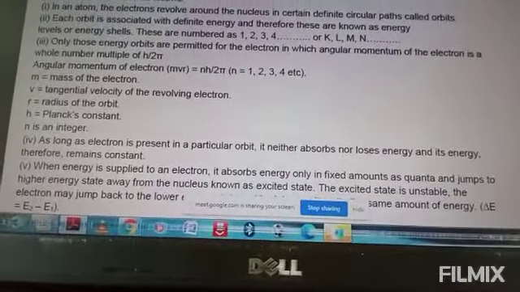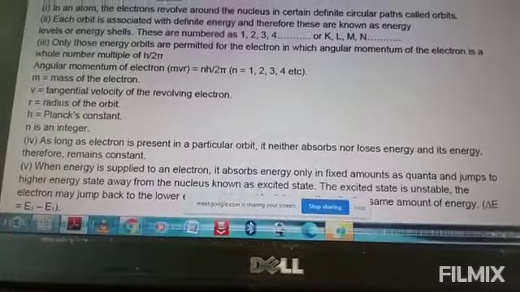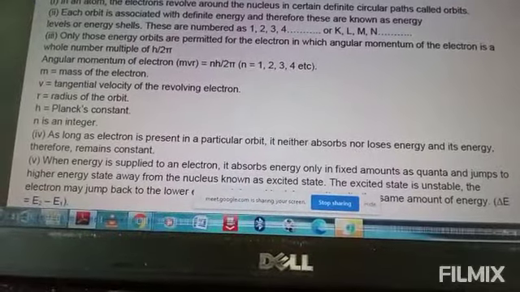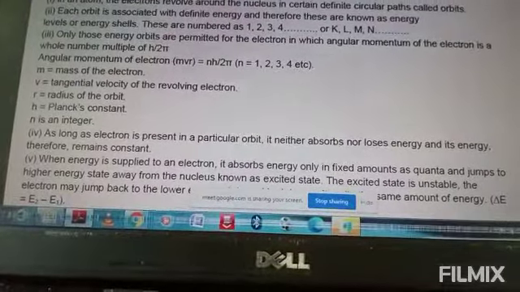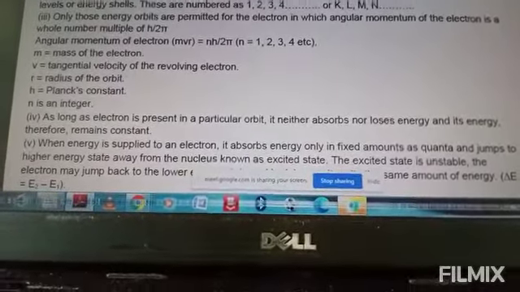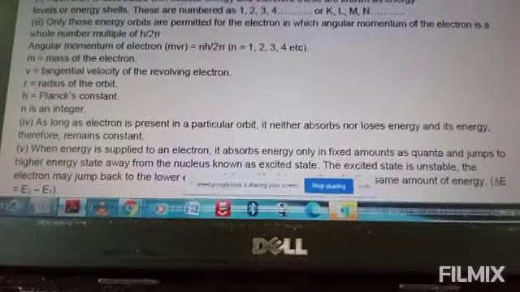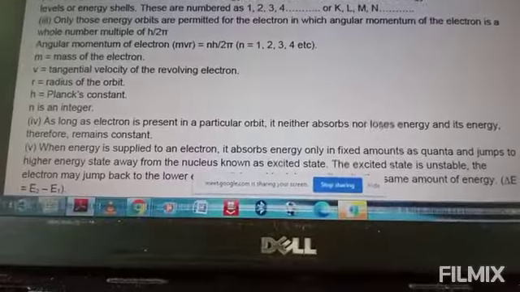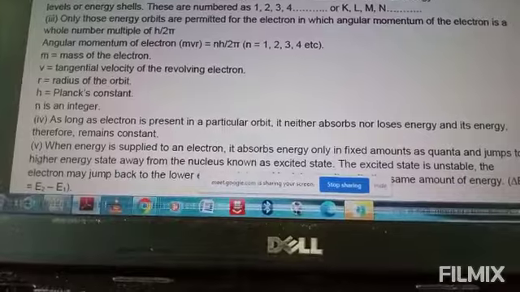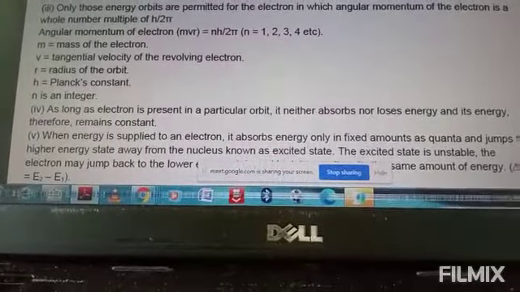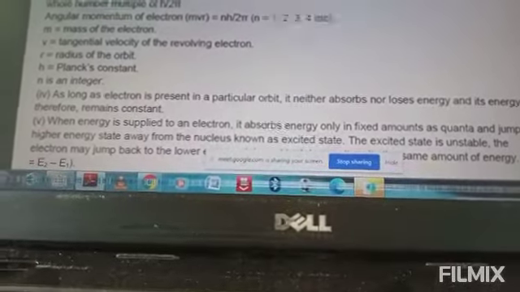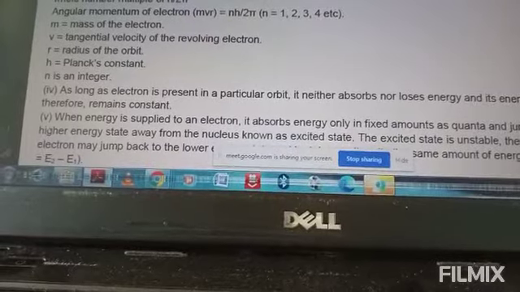The value of l goes from 0 to n minus 1, and the value of m, the magnetic quantum number, is from minus l to plus l including 0. For s, we have clockwise and anti-clockwise directions. Clockwise direction is represented by s equal to plus half, and anti-clockwise direction is represented by s equal to minus half, which we have done up to that. After that, we tried to find Bohr's radius by using the formula